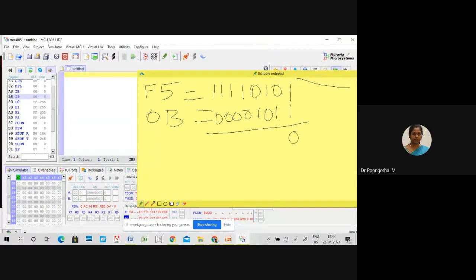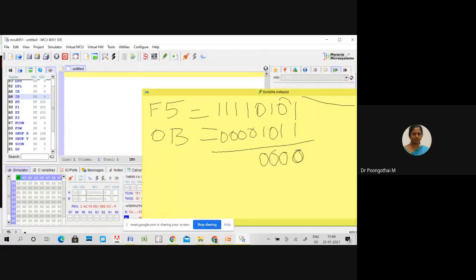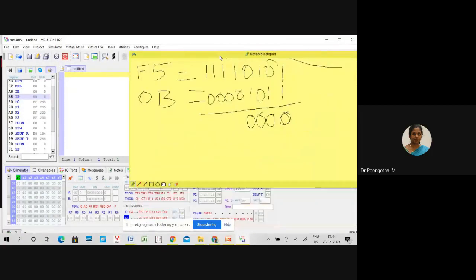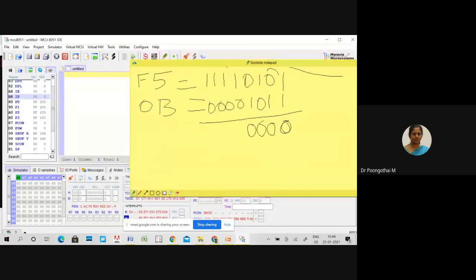The lower bits give 0, 0, 0, 1, 1, 0, and there is a carry. 1 plus 1 is 0 with carry, again 1 plus 1 is 0, giving 0, 0, 0, 0, and there is a carry from D7.